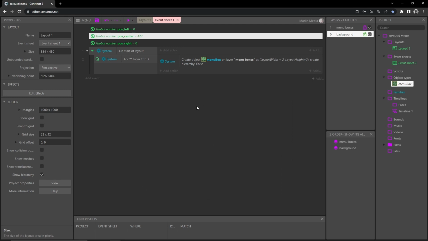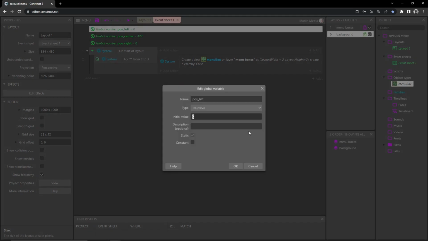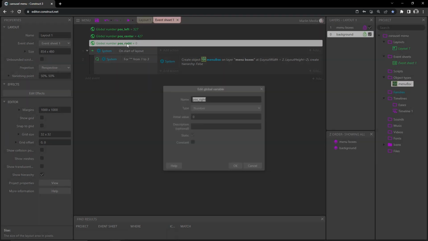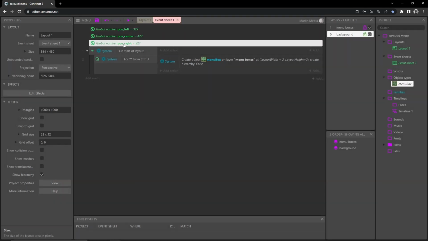Once I place an object in the center, I want the others to be, I'm going to say, 100 pixels offset to the left and 100 pixels offset to the right. From the center, position left will be minus 100 pixels. That will be 327. And then from the center, 100 pixels to the right, we'll add 100 pixels. So that'll be 527. So now we have 3 variables that we can reference as many times as we need